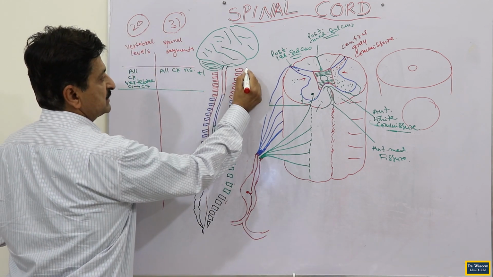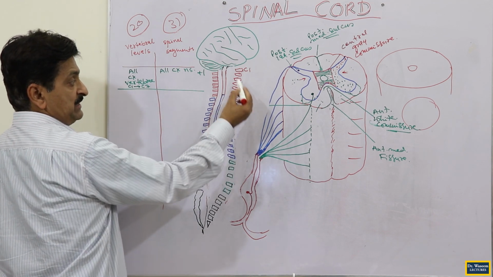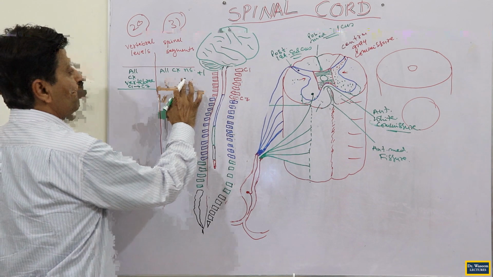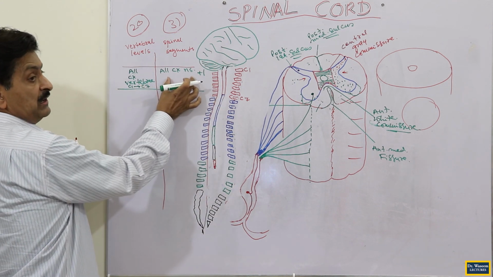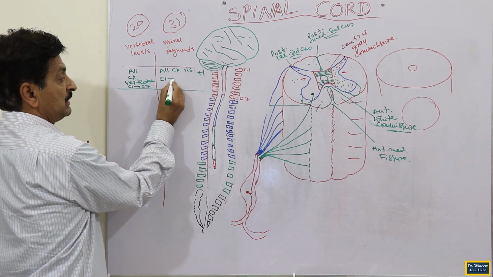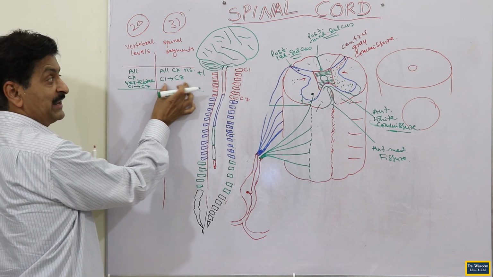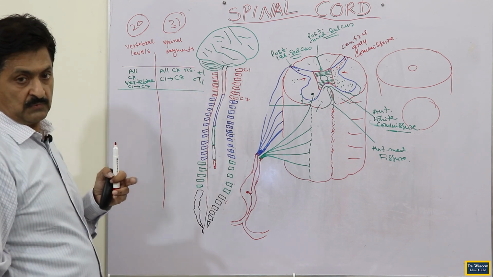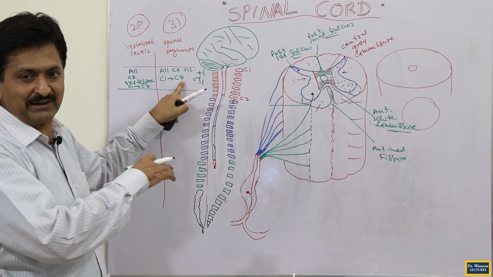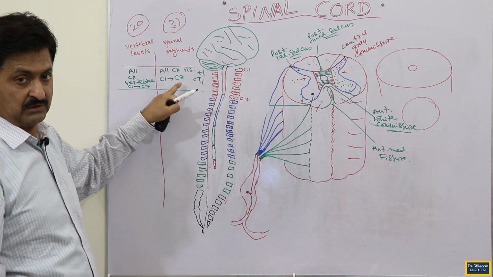So we have C1 to C7. In this, we have all the cervical nerves. Plus 1 means: how many nerves should be present in 7 cervical vertebrae? We have not 7 cervical nerves, we have 7 and also an 8th. So we have C1 to C8. All 8 cervical nerves plus 1 means it is T1 also. This plus 1 doesn't mean the 8th; the 8 cervical nerves are present by default. T1 is something that we have additionally given. That is called T1.